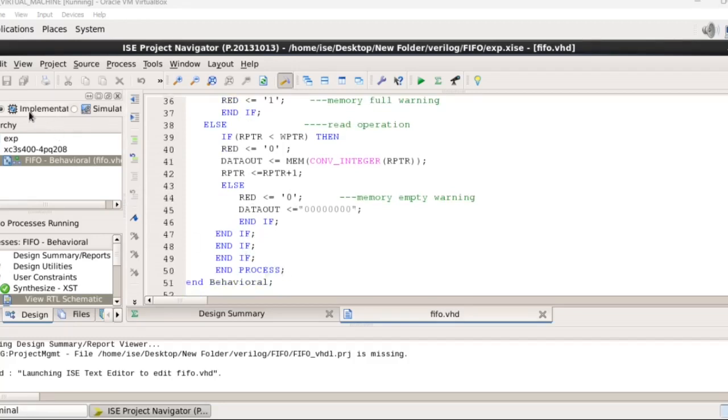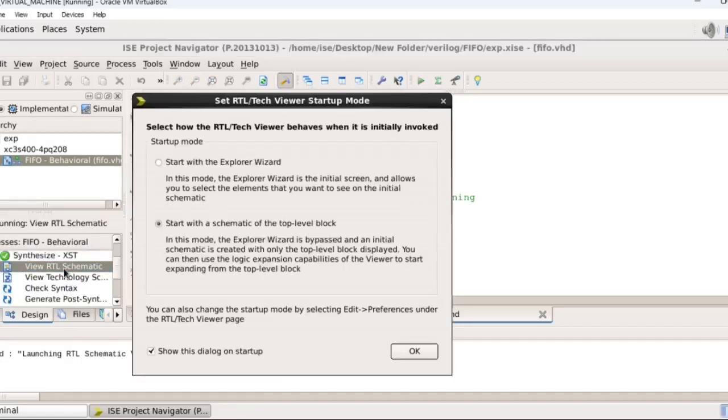Now you have to see the implementation of this FIFO memory. So click on synthesize XST, view RTL schematic.